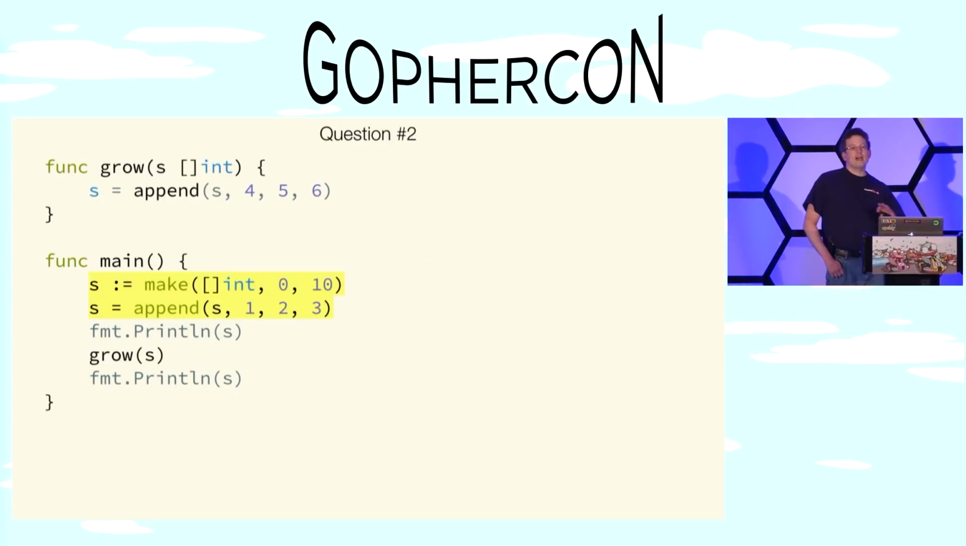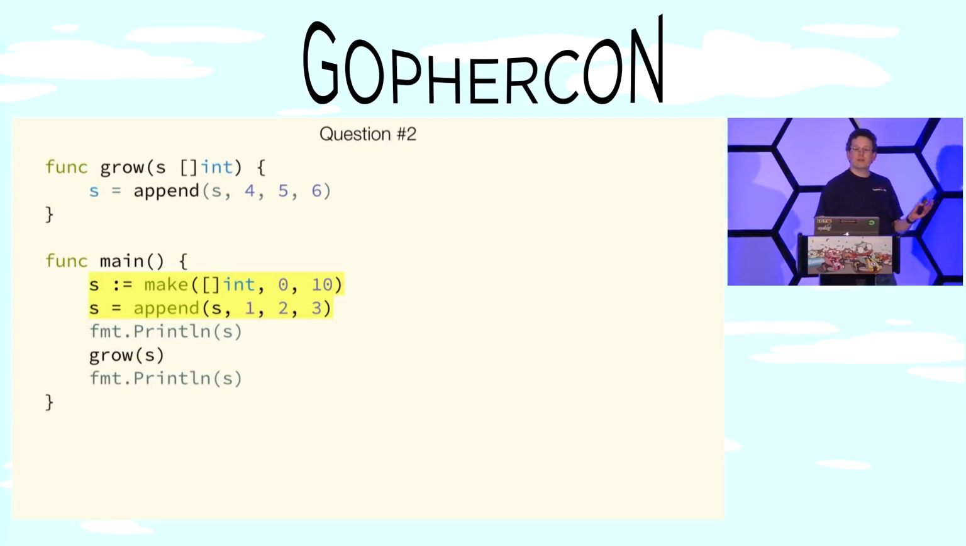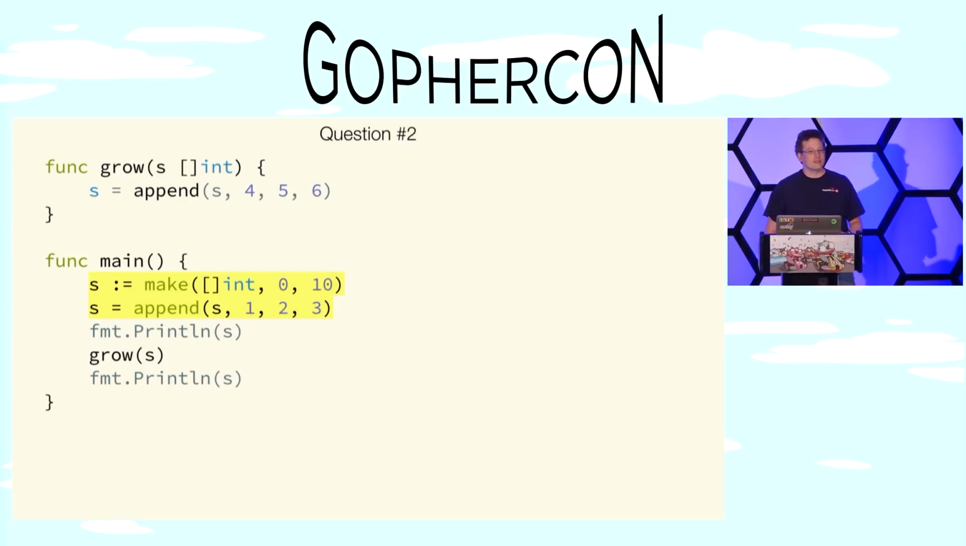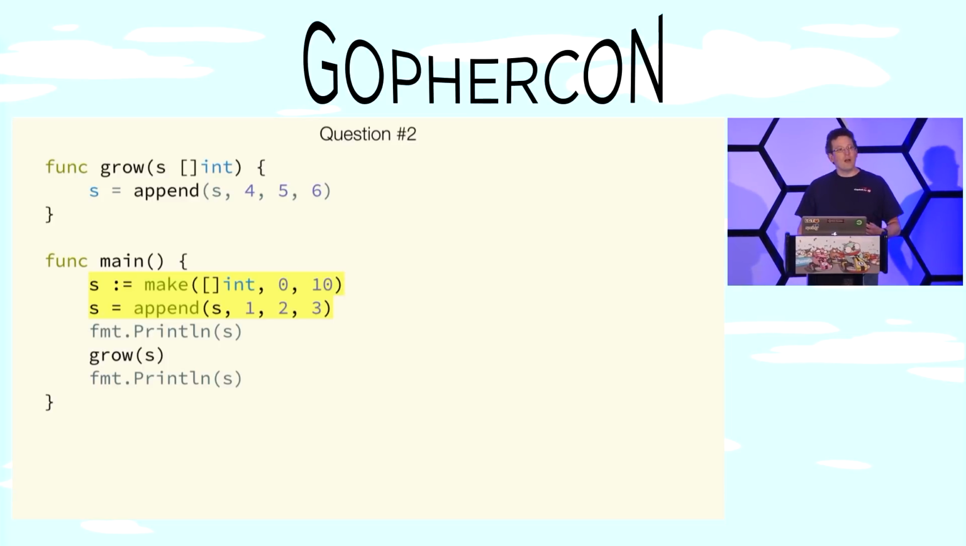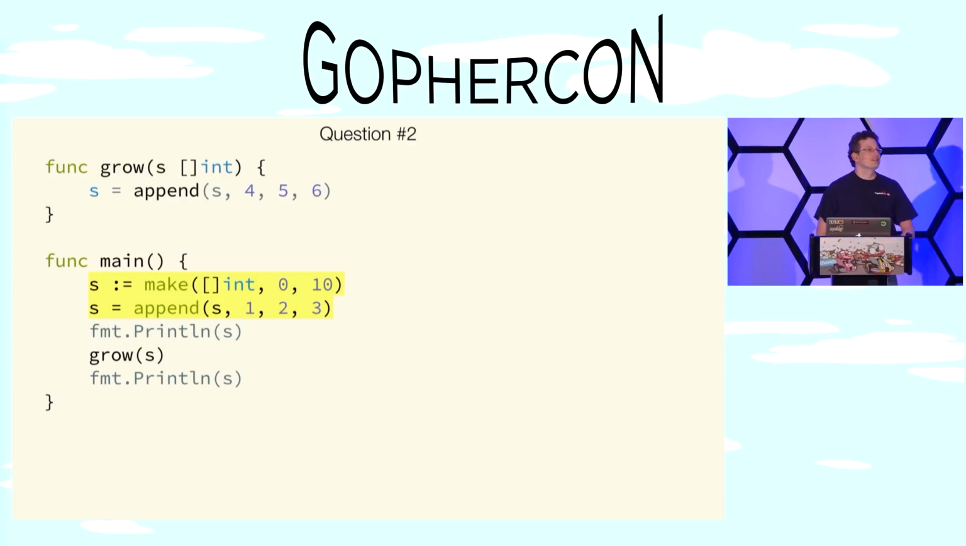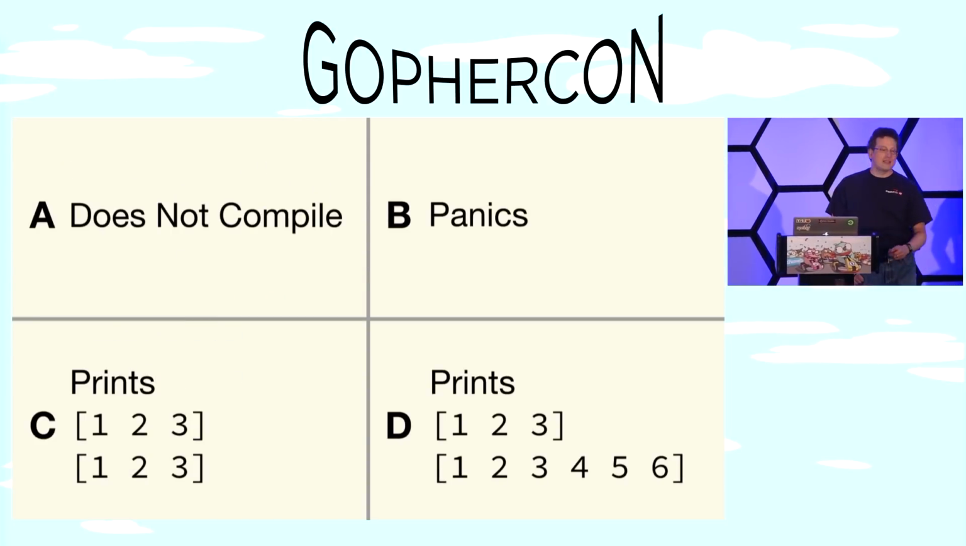So I mentioned that if the capacity of a slice is big enough, then append returns back the exact same slice. Well, you can set the capacity for a slice. So if we change the lines that create and populate the slice in main, maybe the code will work. So what is this code going to do? Does this, A, same 4 choices, does this